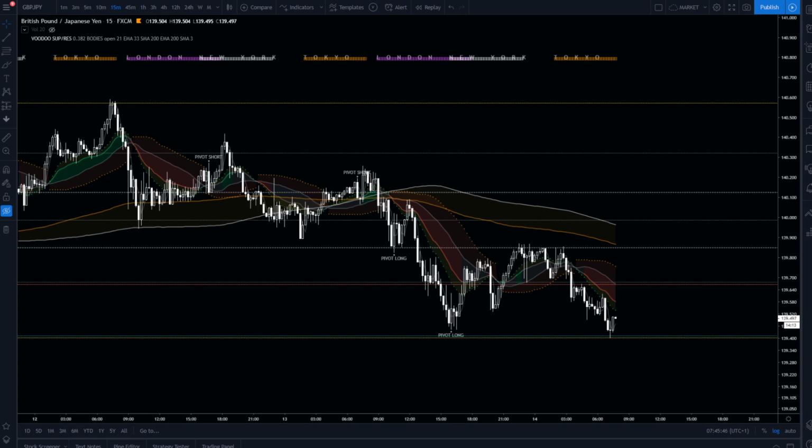Welcome again. In this video I will tell you more about support and resistance lines included in Voodoo support and resistance indicator. We'll start from the yellow lines. Yellow lines are local market structure. They can be treated as local high and local low to base your trading off. They act as a strong support and resistance,